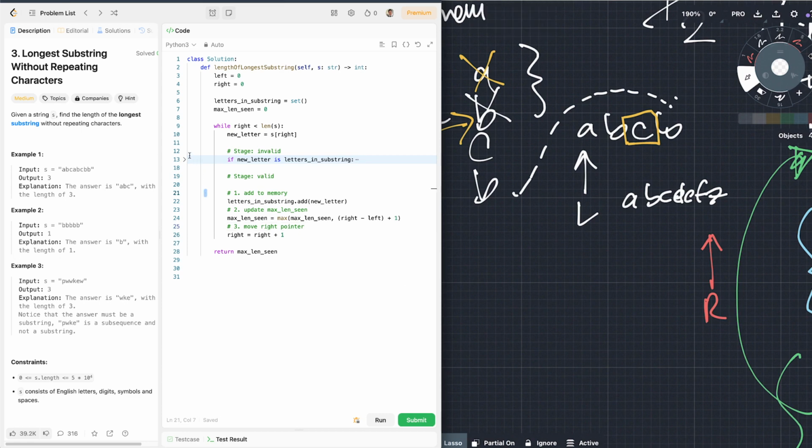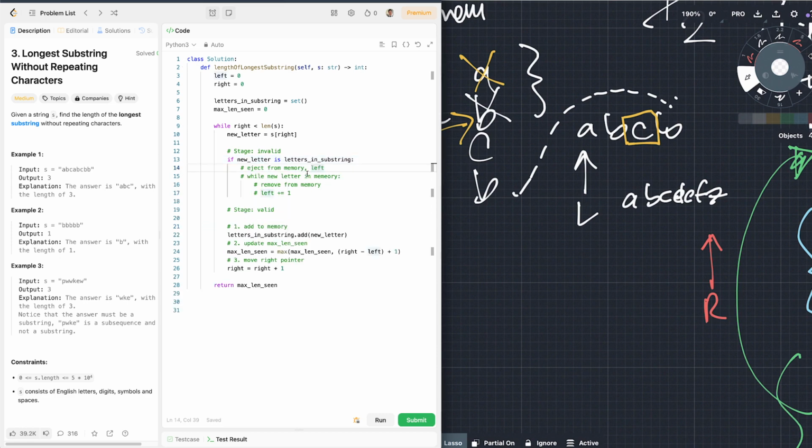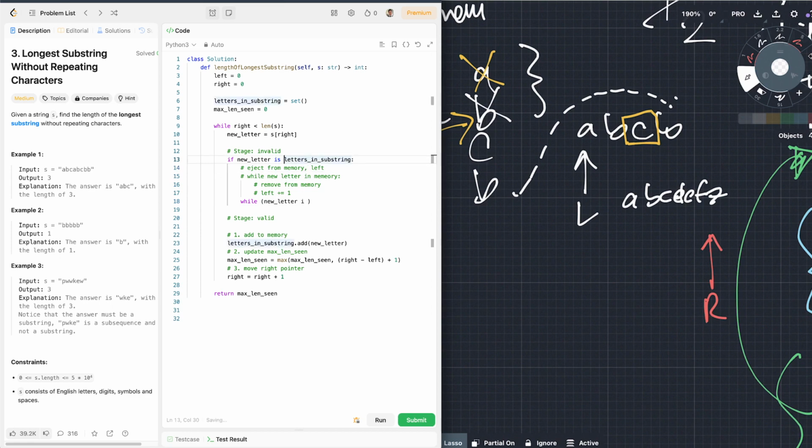All right, so let's work on fixing the invalidity. We want to eject something from memory. While this new letter should be in, it's not "is", it should be "in". So this is a bug here. So while this new letter is in letters in substring,